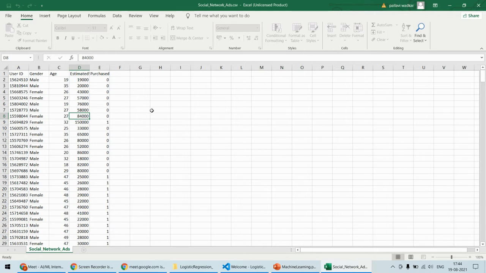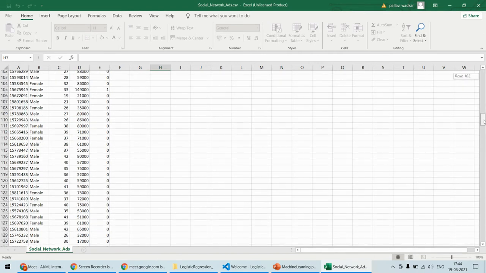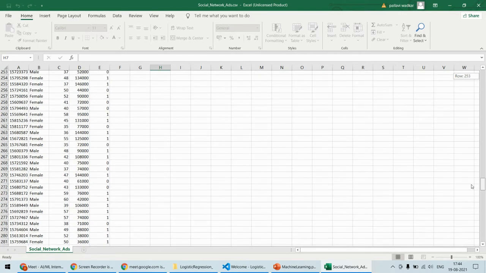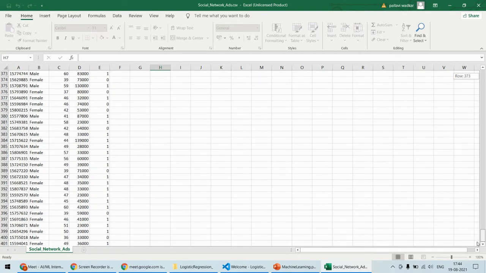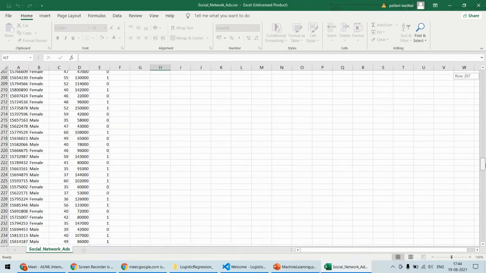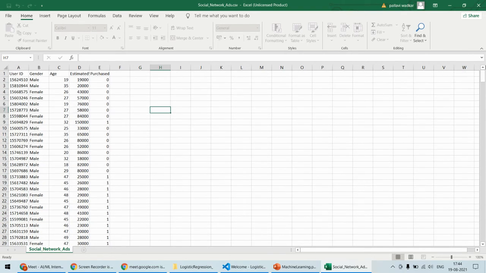So in order to do smart marketing for any car advertisement, this kind of data or this kind of model will help us. We have lots of entries in this particular data set, around 400 entries, and on this particular dataset we are going to operate now. So what we are basically going to do is, for example, a car company